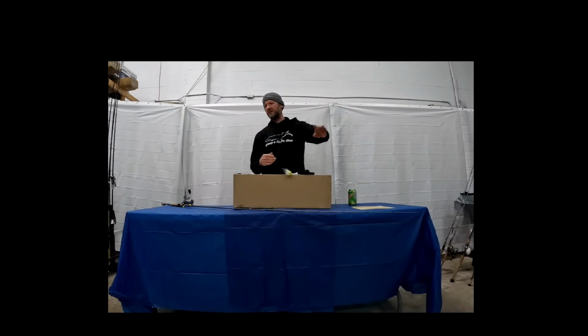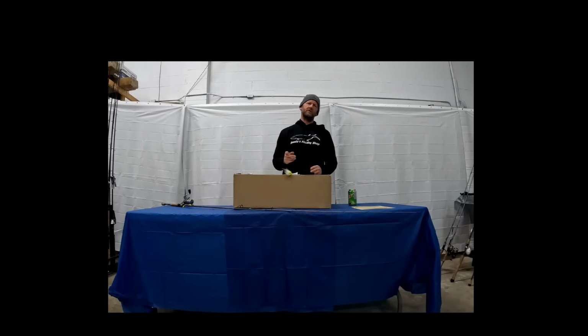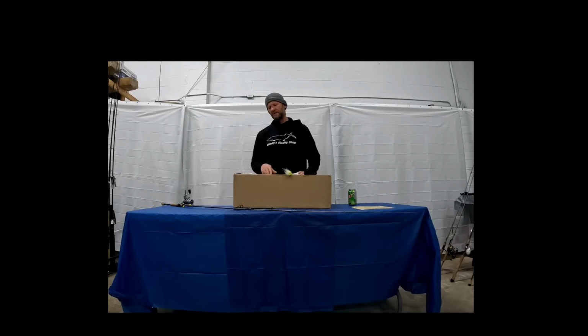you can catch them just pretty much anywhere. Bottom bouncing comes into play and this and that. One thing I want you to try this year, tell me if it works for you: when you get into summer, like June, when you think the jigging is pretty much done and it's bottom bouncing, if you get a cloudy day, put your boat, say in LaSalle, in about 15 foot, 14 foot of